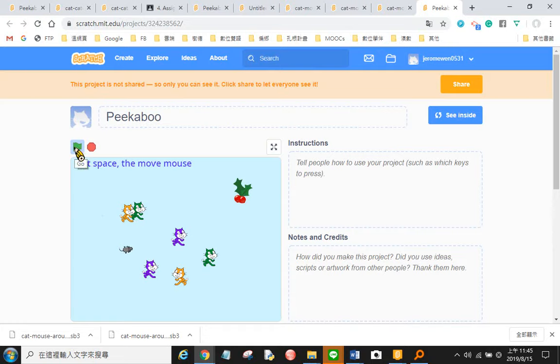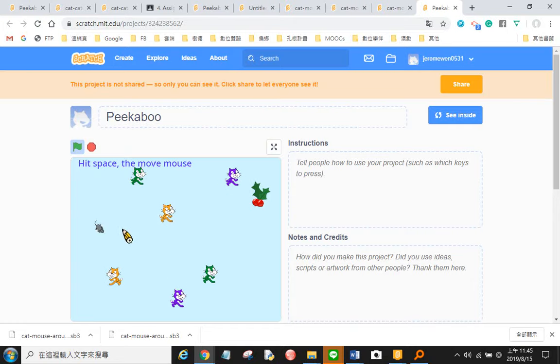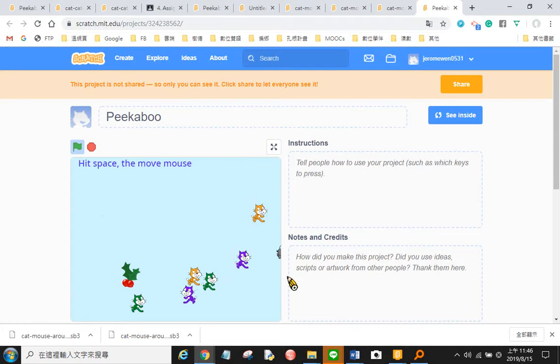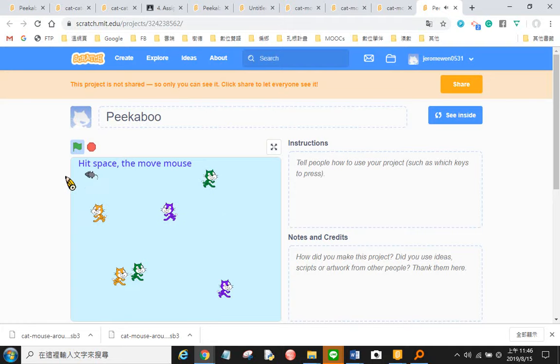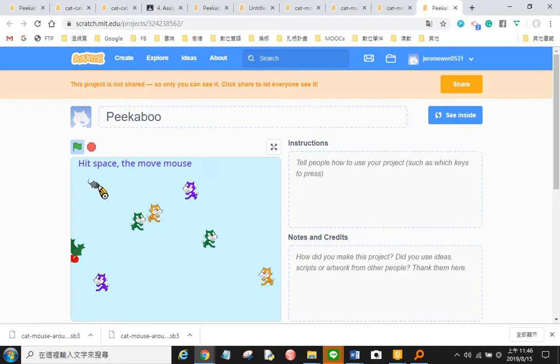And then let's start by clicking this one. Oh no, please go. If you are caught by the cat, then the mouse will be dead. So go again, press the space key and try. But now, see? Now I got one. So if you like, you can